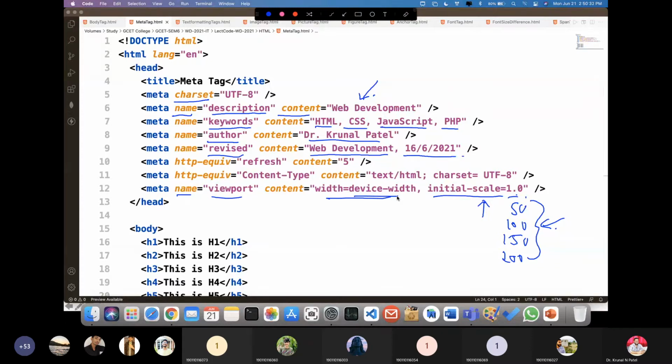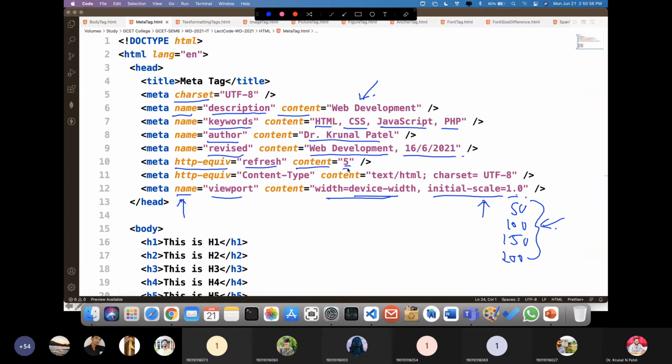Apart from the name, another important thing is that you can define the HTTP equivalents, right? So for that, refresh. Now these are protocol-defined contents you can set. In this, content is equal to 5. So what does it mean?